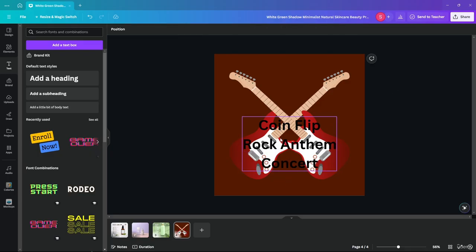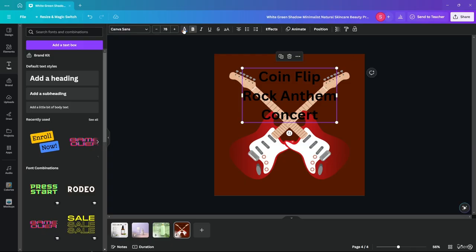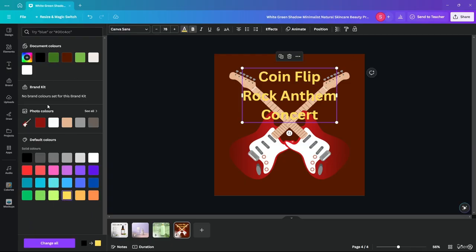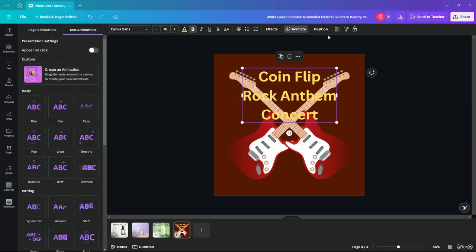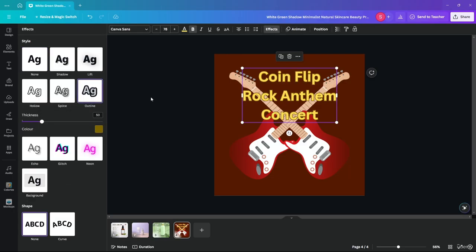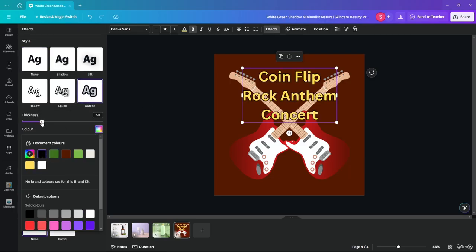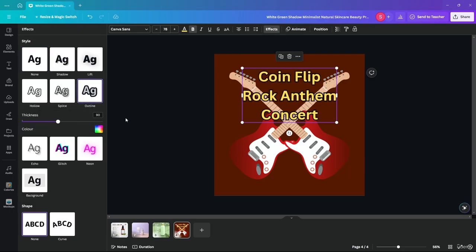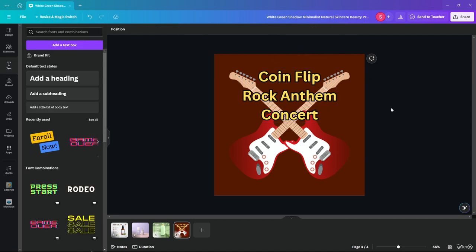There you go. I would then change it to yellow, having it an outline of black color with a good amount of thickness, so that it's much more visible, as you can see